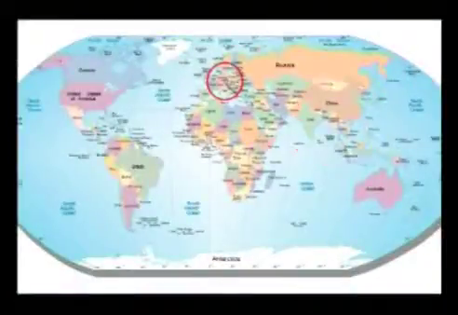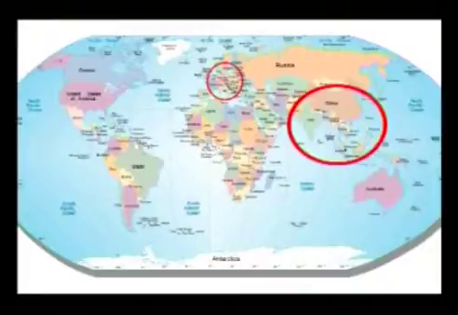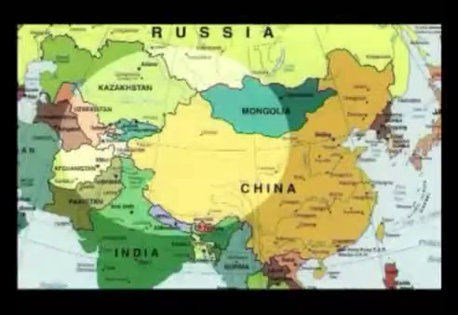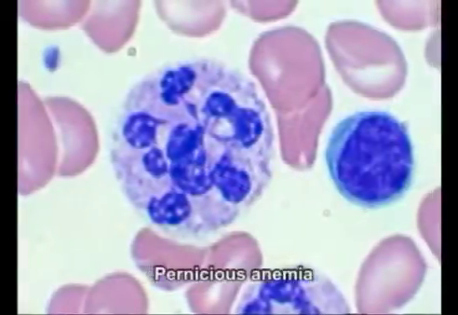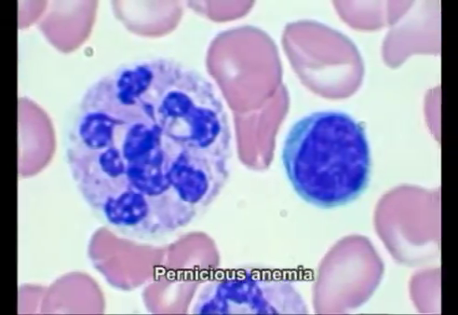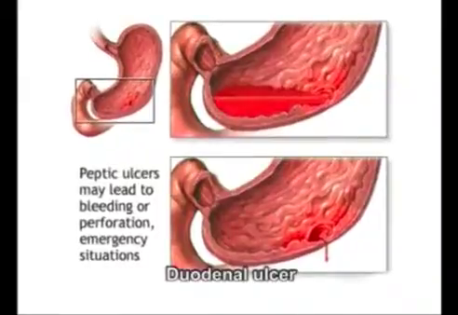Blood group A occurs in high frequency in parts of Europe and Asia, and also among the Aboriginal groups in Australia. The highest frequencies of blood group B are found in northern India and Central Asia. In 1953, studies conducted by Erhard, Bendel and Roberts demonstrated a statistically significant association between blood group A and cancer of the stomach, and so also pernicious anemia. After a short while, an association between duodenal ulcer and O was also reported.